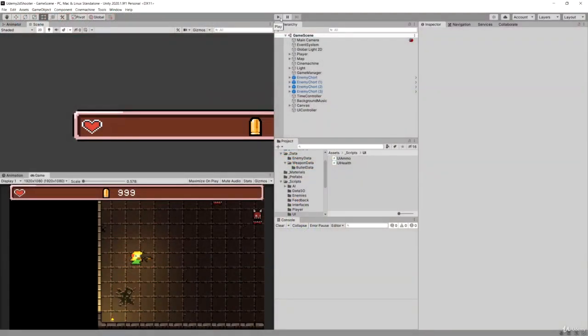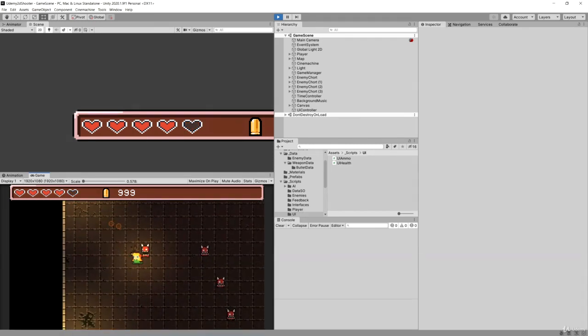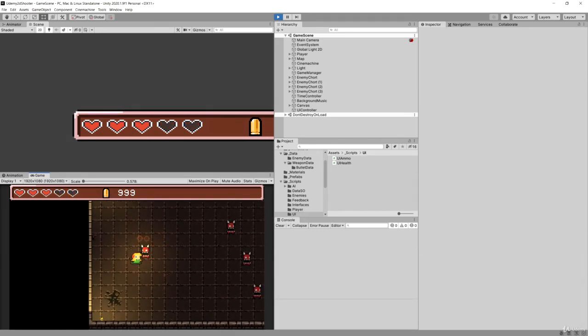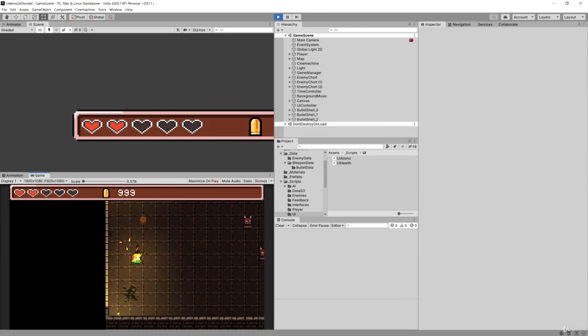In the previous video, we have implemented our health bar, so that when we get attacked by enemy, one heart disappears, then second one, then third one, and so on. So that's great. Now, we still do not have the ammo count working, so let's take care of it in